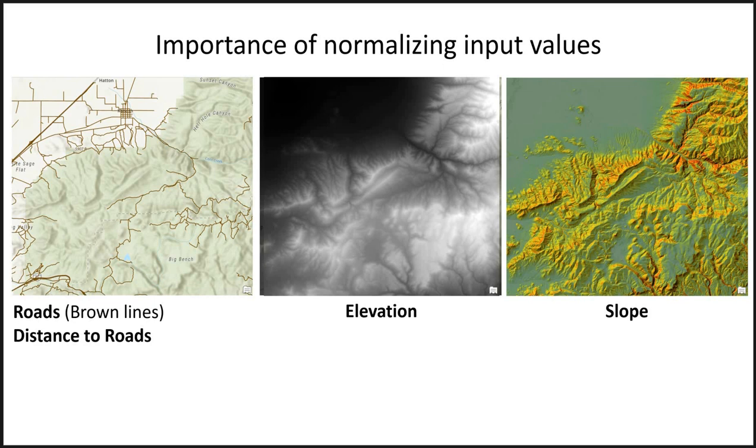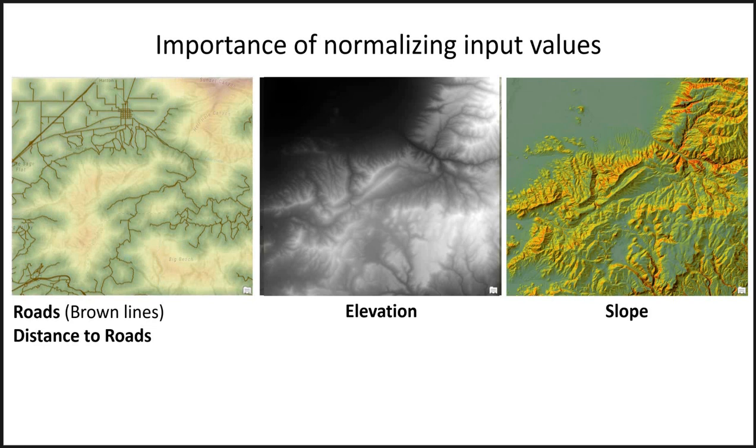So let's look closer at the data and talk about some of the details that are important to this process. For this last example, the suitable sites we want to map must be far from roads, have lower elevations, and low slope. So first we calculate a raster layer that maps the distances of each cell to the nearest road feature, like I mentioned in the last example. This is done using the Euclidean distance tool. The rasters will have ranges of values like these: 0 to 8,000 for road distance, 1,400 to 2,800 for elevation, and 0 to 85 for slope. We know the units for these are meters, and degrees for the slope,